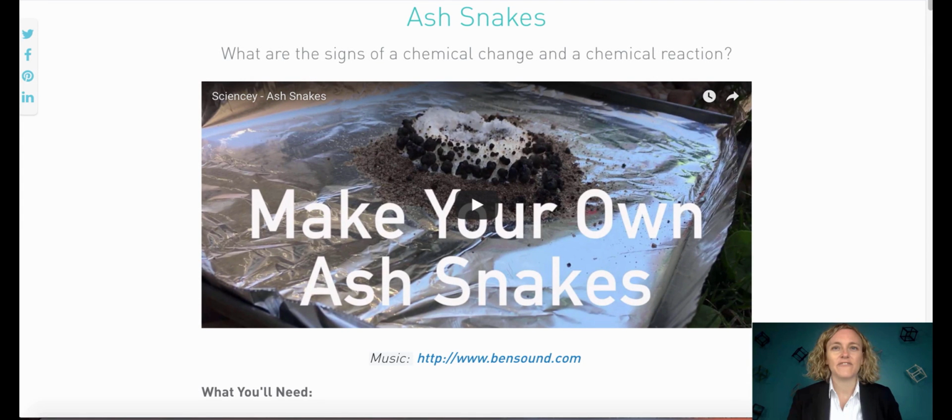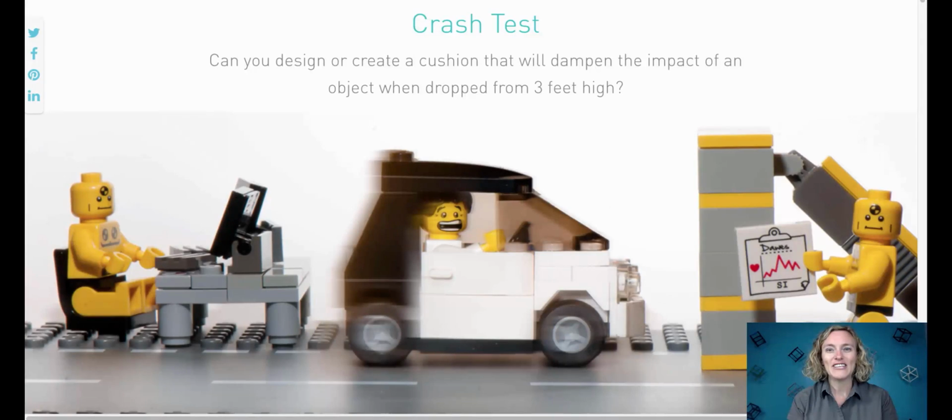Ash Snakes is different from any other experiment in the unit because it works best as a classroom demonstration. In this experiment, students will observe chemical change and physical change when heat is applied to a mixture of baking soda and sugar. Crash Test has the students designing a cushion that will dampen the impact of an object when dropped from 3 feet high. The students will collect G-force data from the accelerometer sensor and use it to tell them whether or not their